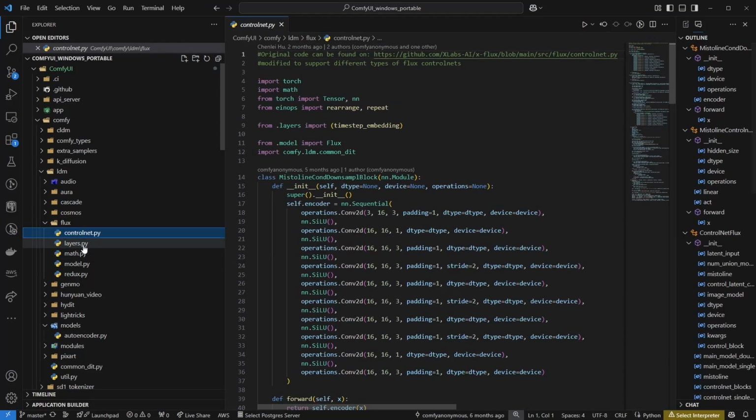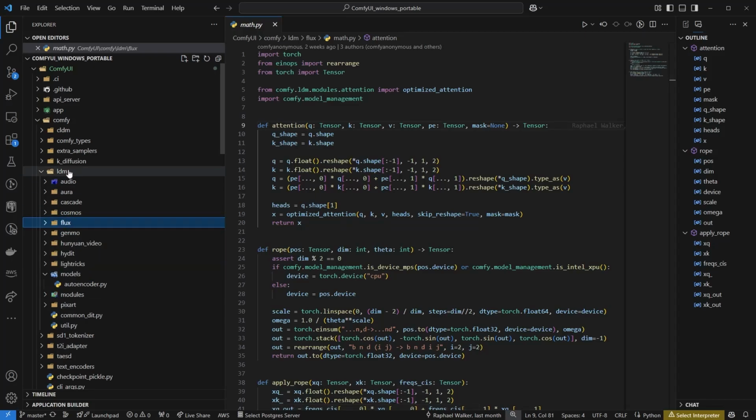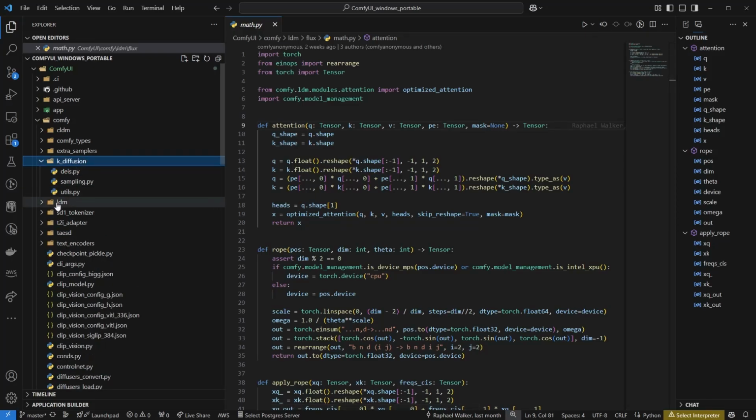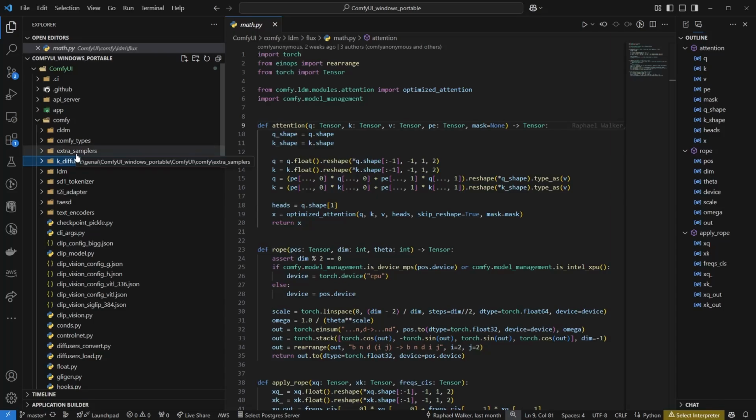Flux, ControlNet. But again, I'm not even sure, right? Like if all the code we're looking at under LDM actually comes directly from the default ComfyUI. At this point, of course, I'm looking at my code base after I installed a lot of things, right? And it's been a while, so